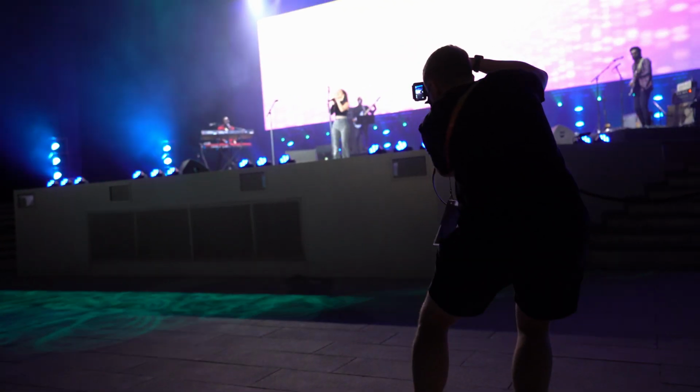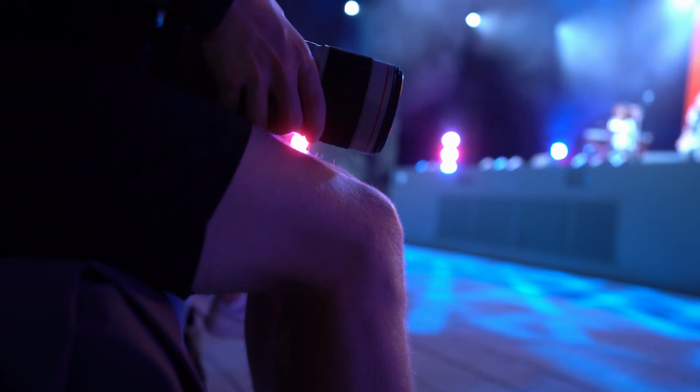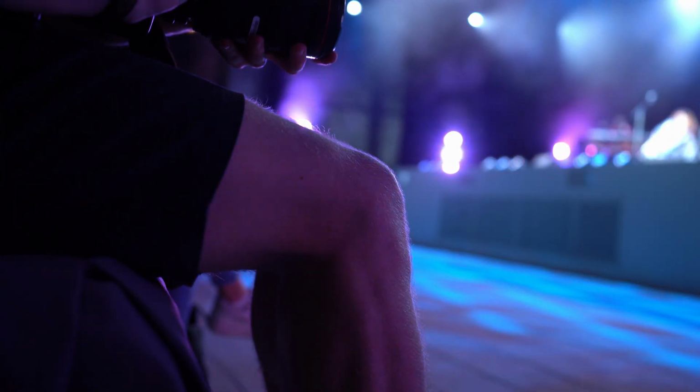You can shoot directly at the performer, especially with the 70-200mm. You can get straight in and get these nice flat on shots. So generally I go around the whole place. I go from the right to the left and then in the center, so I get a real mix of all these different angles. Then after that I switch to the 16-35mm lens and I try and get a little